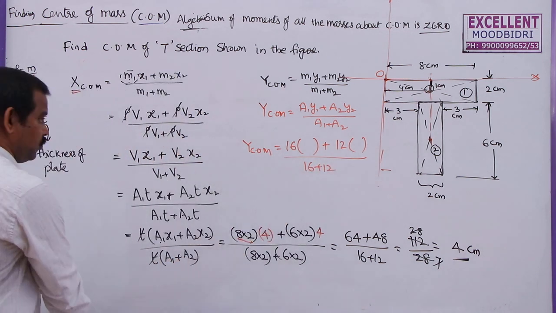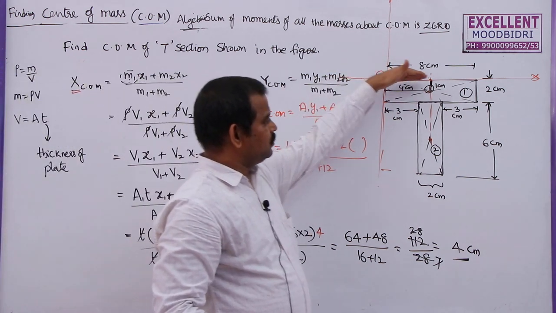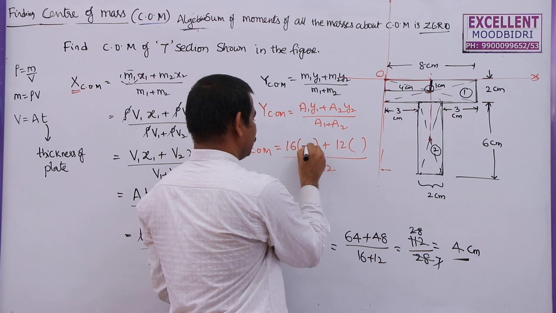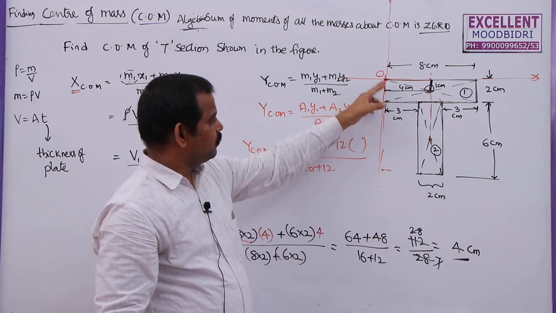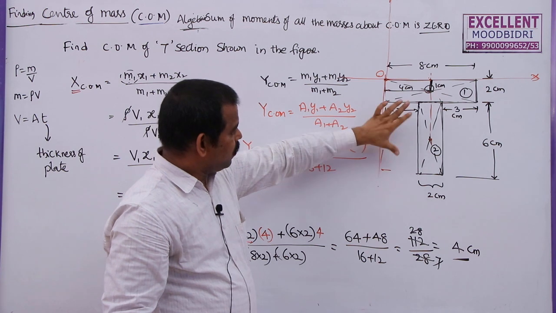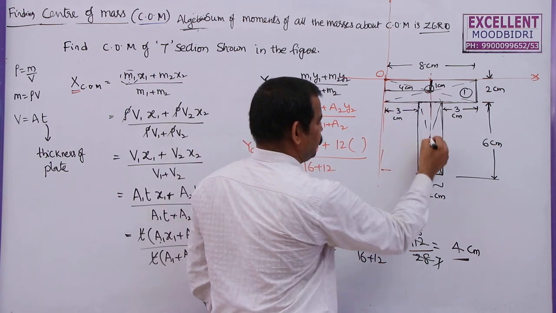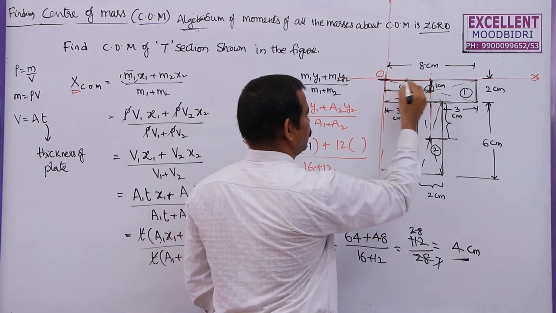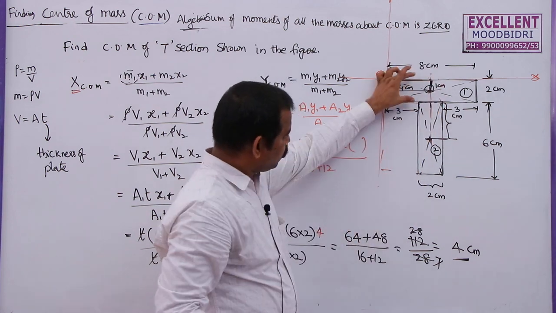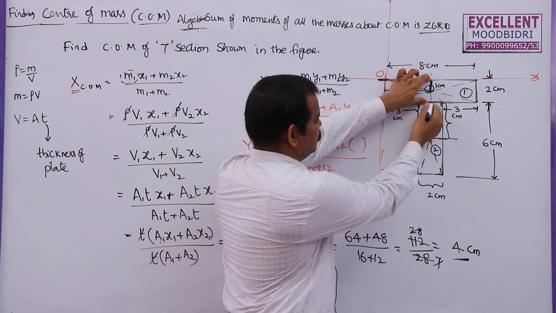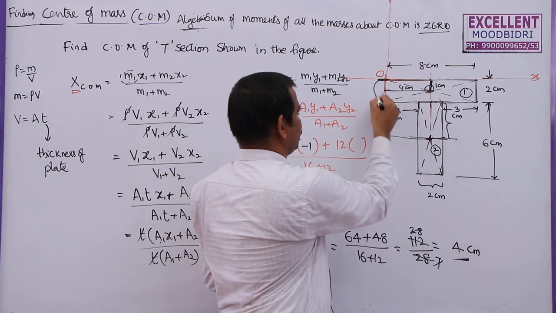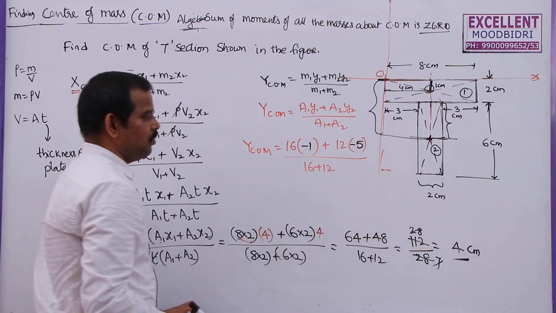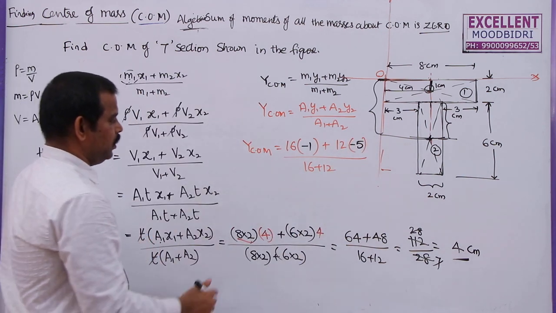But what are these y coordinates for this one? You see, this is the x axis, this is the negative y axis. So this is not 1, this is minus 1. So center of mass y coordinate for this part is minus 1, and now for this 6, half of it, that means this will be 3, but I need to find out the center of mass, that is the position from this x axis. So from here to here 2 centimeter, and once again this 3. So the position of this one from the x axis is 5 centimeters. Be careful while taking this one. This is also minus 5, as it is along the negative y axis.